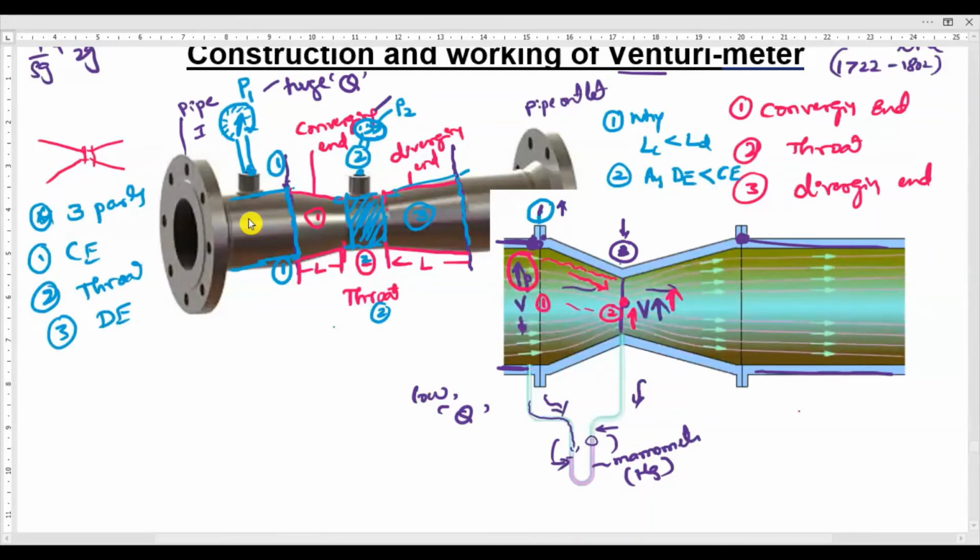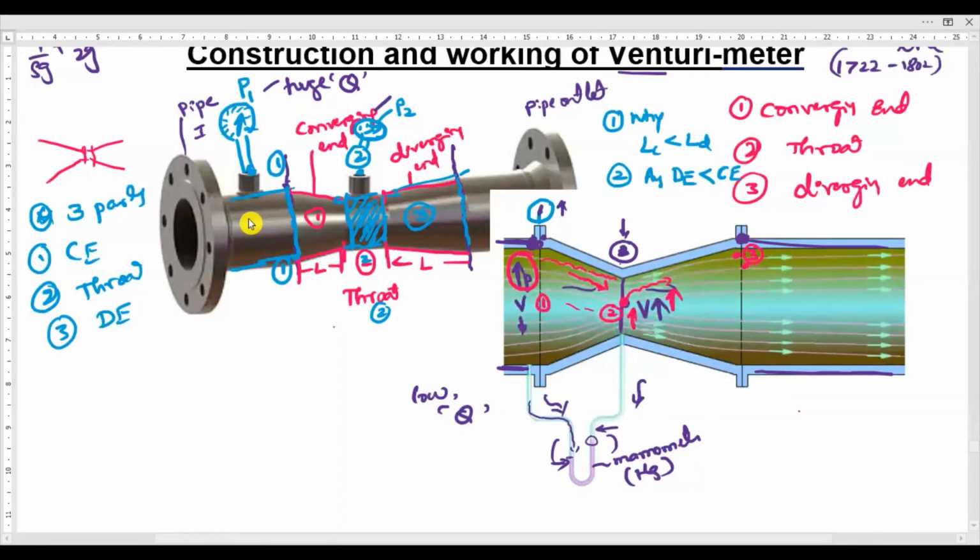So when the pressure is less, the fluid is flowing from 2 to this end. You can take this end as 3. If the pressure is less, how is the fluid flowing? Because fluid always flows from high pressure to low pressure. Here is low pressure and here will be the high pressure. Understood? So there will be a backflow.